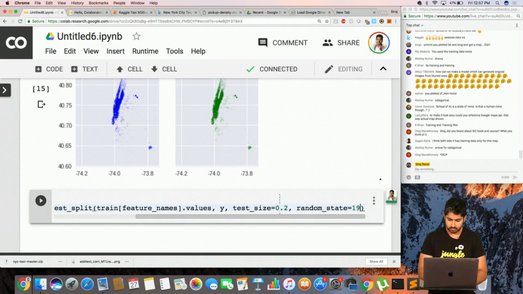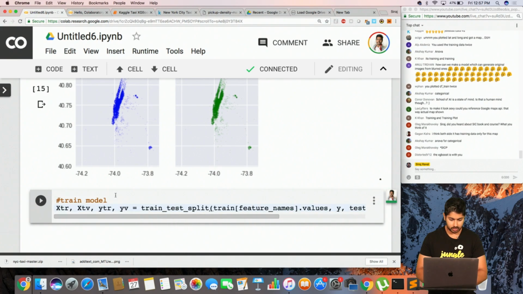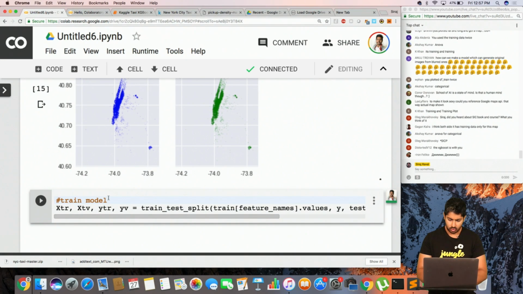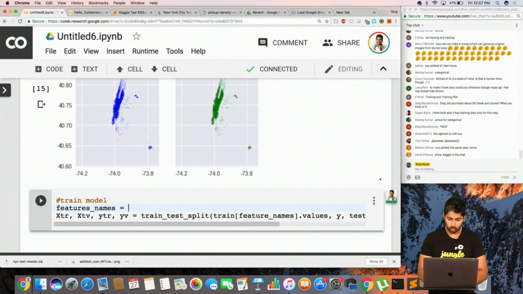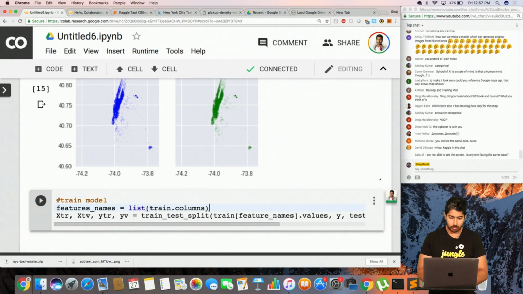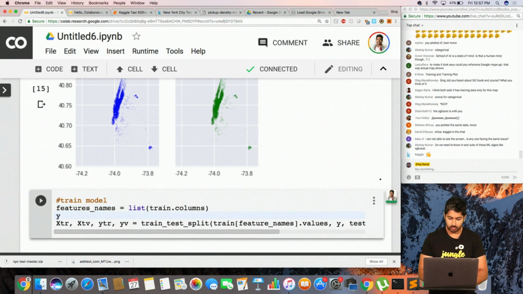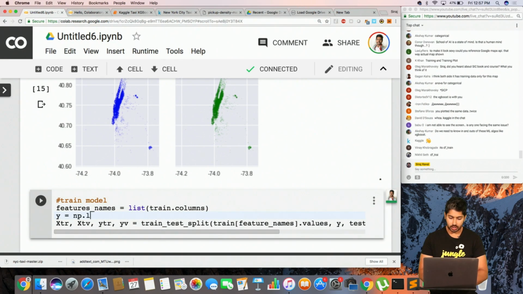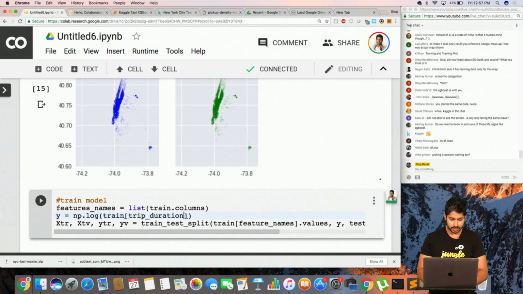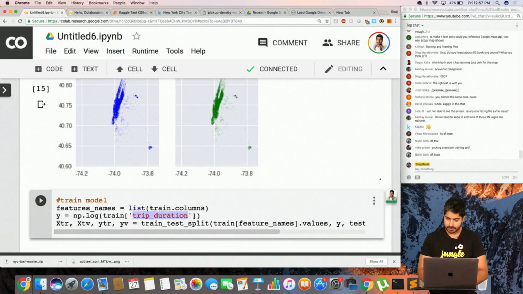Okay, let me talk about what I'm doing here. We need our feature names, the names of all of our features, and we're going to pull them from our training columns. So these are all of our features. Now we're also going to pull a y value. The y value is going to be the trip duration. We're going to use the log for this. So I'm going to say trip duration, and this is a value right here, and that's going to be df train.